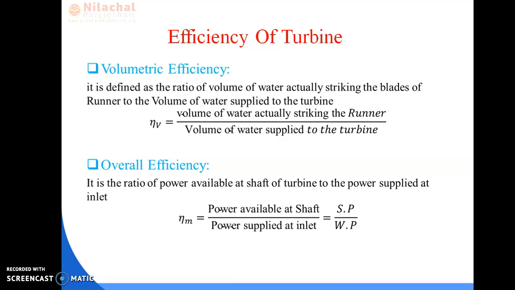Why are we going to study the efficiency of a turbine? Because we have to know what mechanical power is produced, what shaft power is produced, and the actual amount of energy available at the turbine unit. So for every turbine we have to calculate hydraulic efficiency, mechanical efficiency and overall efficiency. By using this efficiency concept, we can measure the performance of each type of turbine unit while they are used for the production of electrical energy.